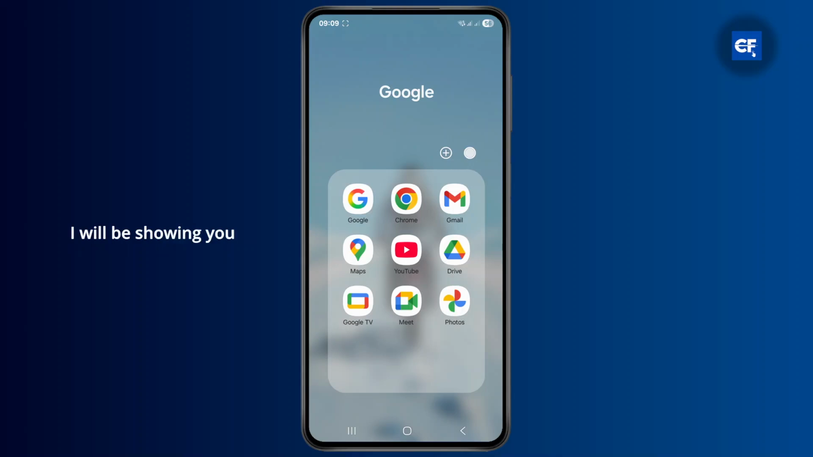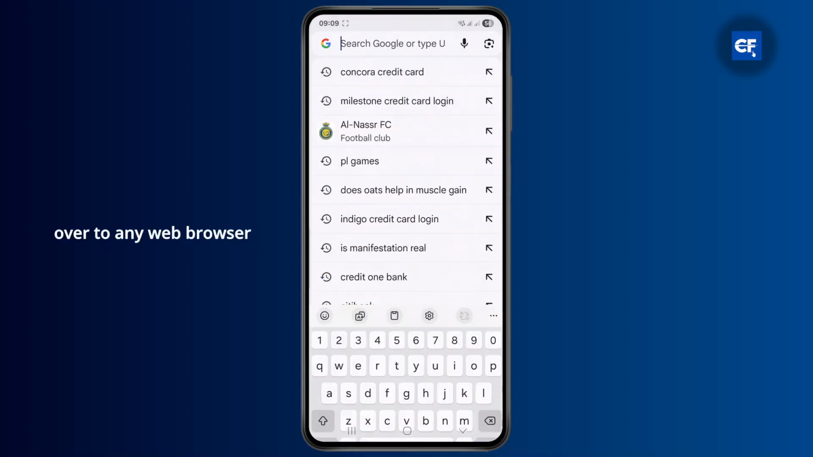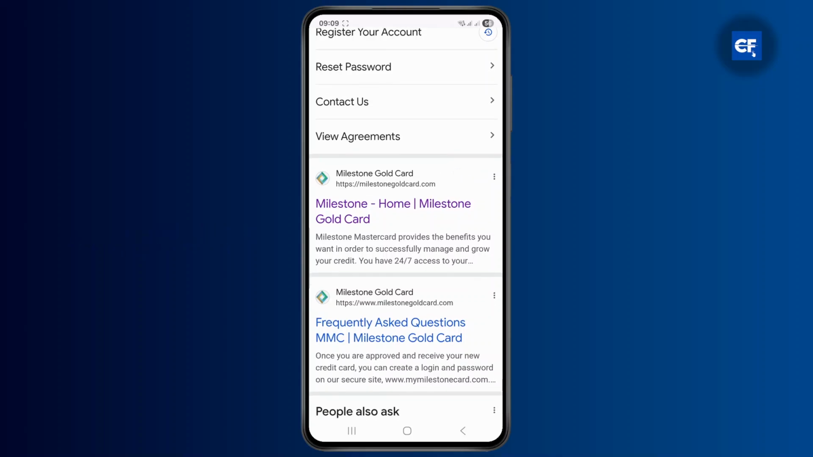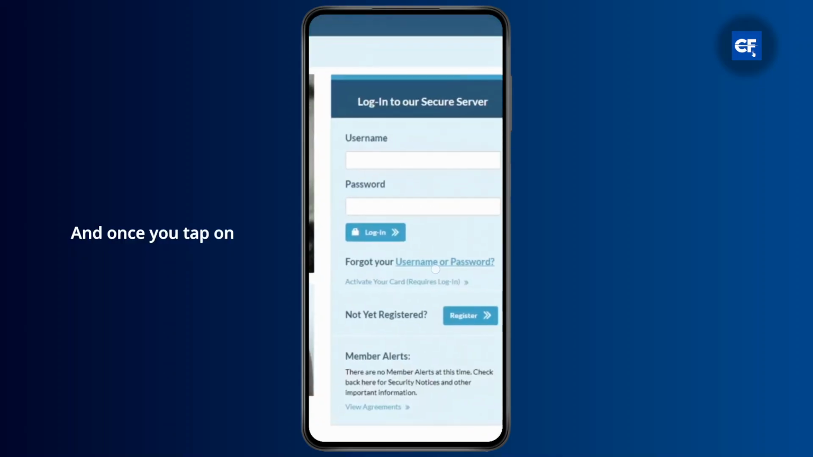In this quick tutorial, I'll be showing you how you can easily log into your Milestone credit card account online. So it's a pretty simple process. You can basically head over to any web browser and simply search in for Milestone credit card account login, or you can also search in for just Milestone credit card, and you can just head over to the Milestone first link over here, and once you tap on that, at the top right of your navigation bar, you should see